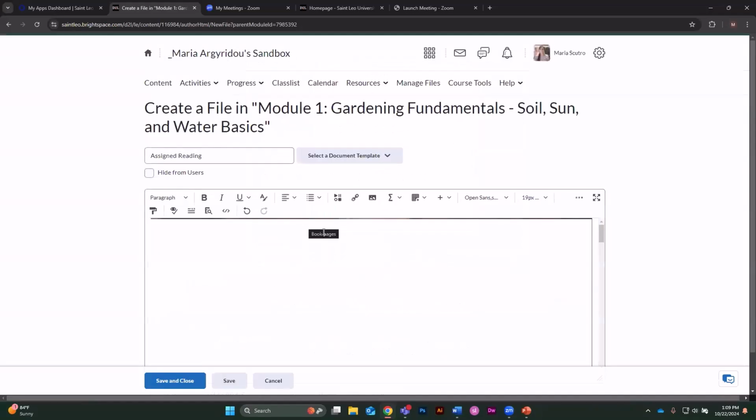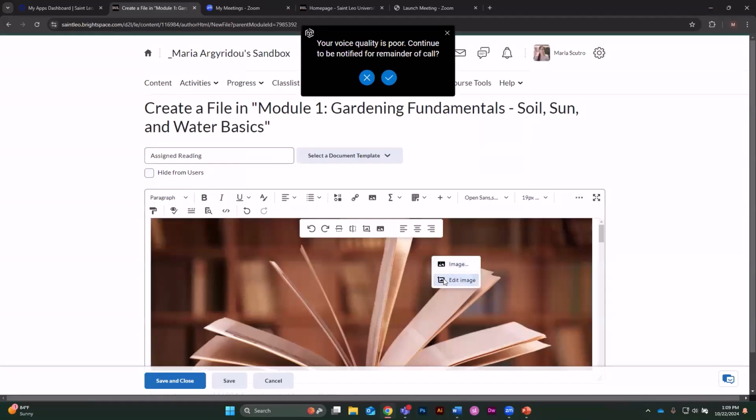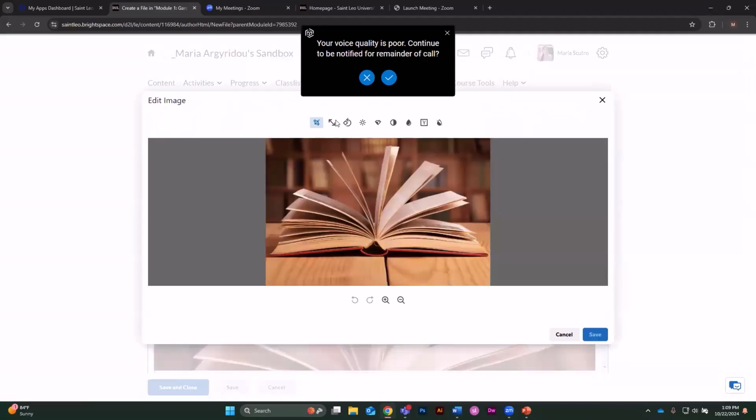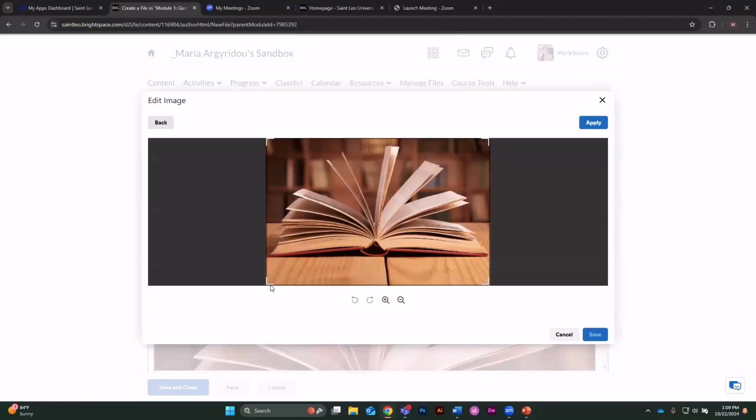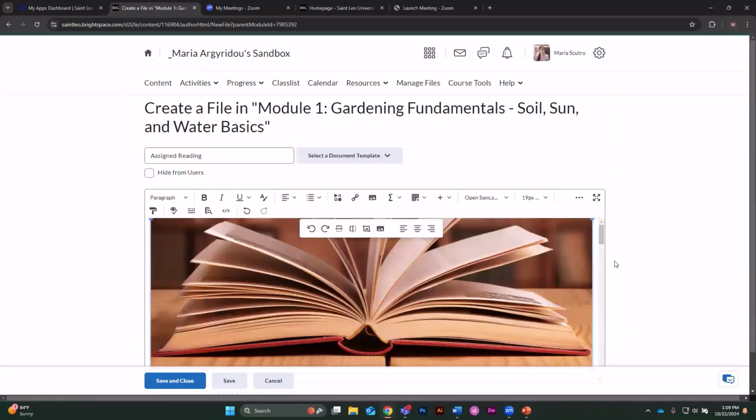Save. Again, right click, edit image, crop it. We don't need all this table. That looks more like a banner. Apply and save. And now go on and